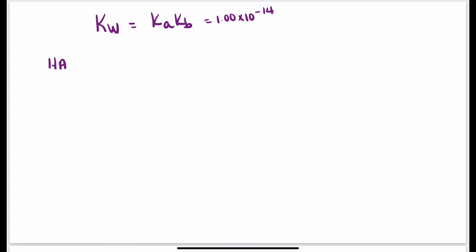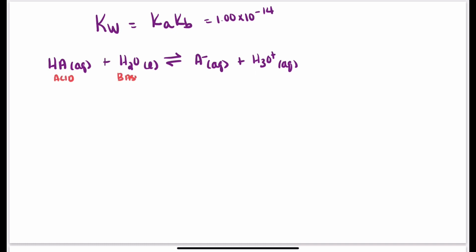Well, let's think about a weak acid. A weak acid is HA, okay? And this is just a weak monoprotic acid. If I put this in water, it forms an equilibrium with A minus, which is the conjugate base, and hydronium ion, which is the conjugate acid. So again, just bringing those terms back: acid, base, conjugate